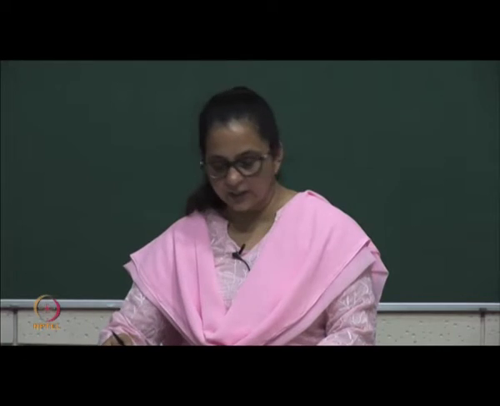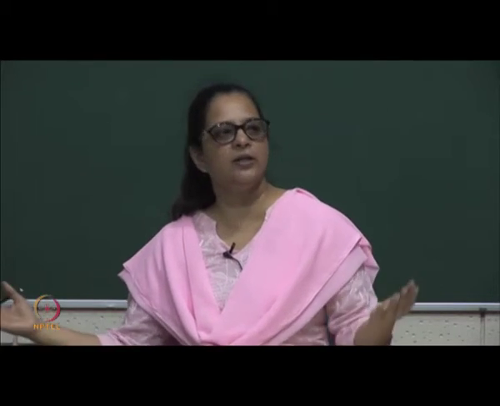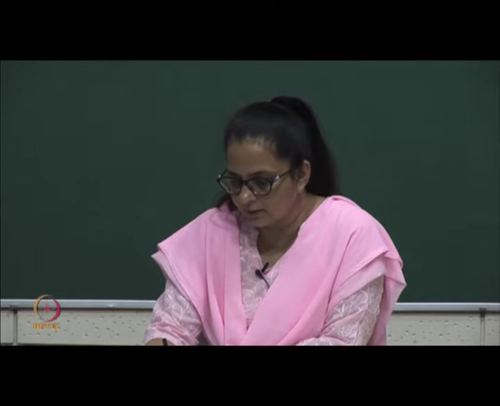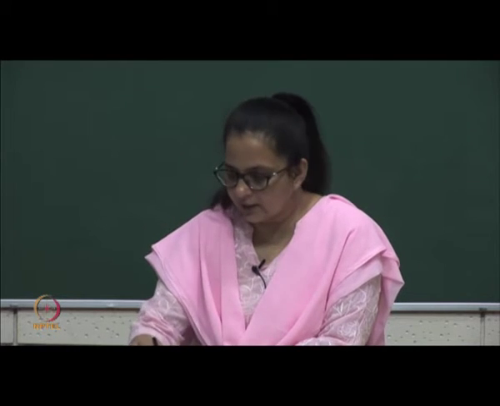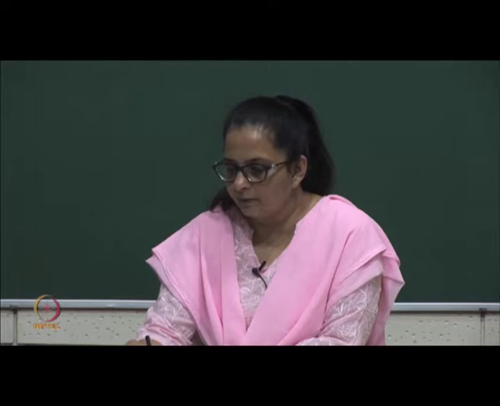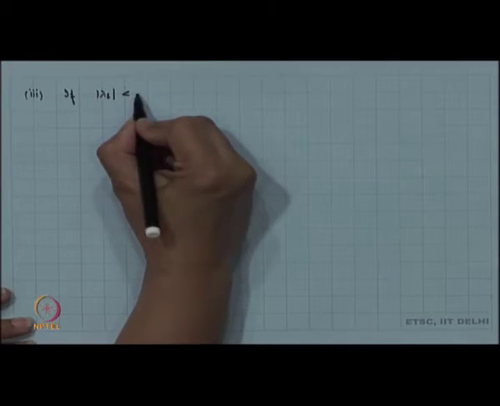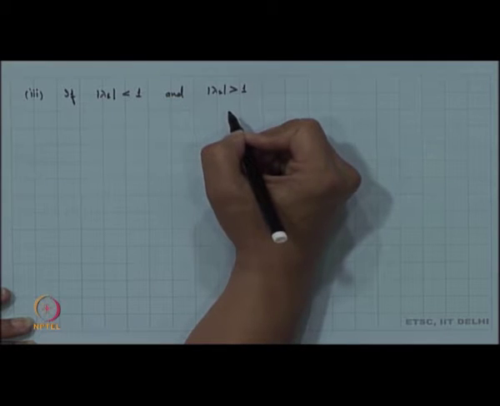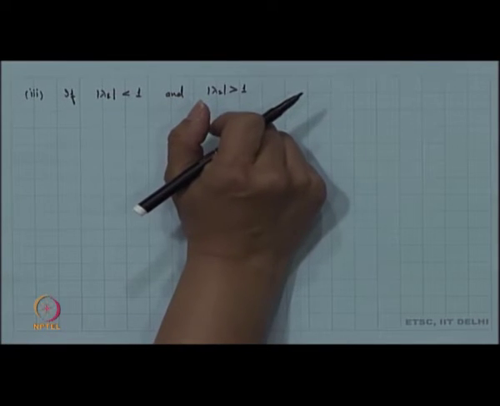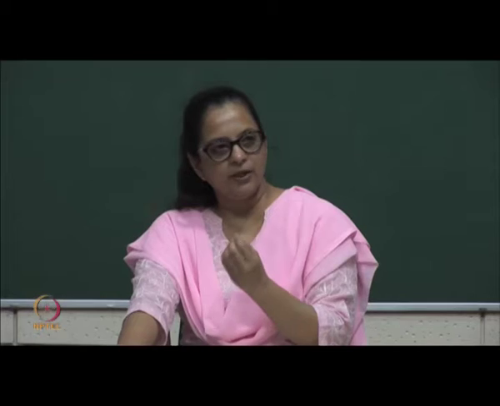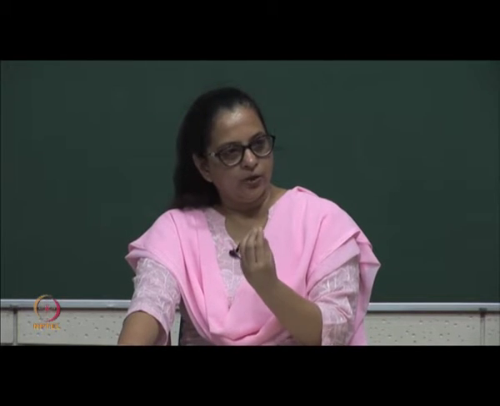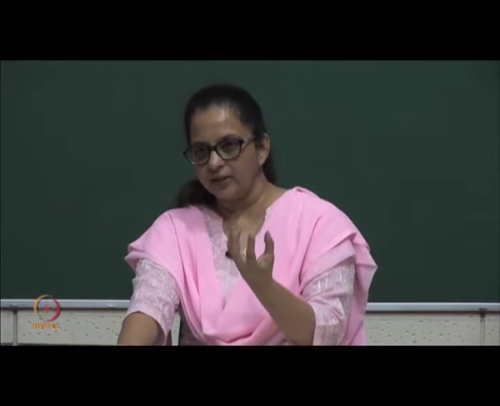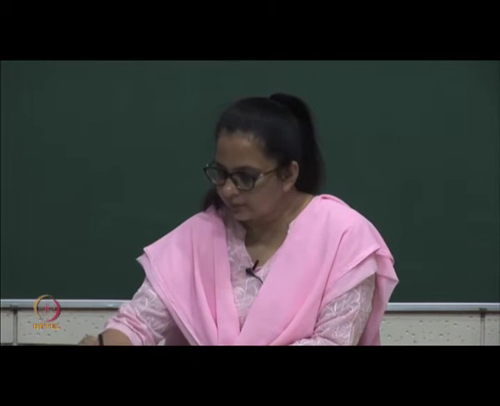Now, there is a third criterion here where one of them can be greater than 1 and one of them can be less than 1. So, we have a third sub case here, and that says that if my mod lambda 1 is less than 1 and mod lambda 2 is greater than 1, what happens in that case? It is being contracted in one direction and expanded in the other direction. So, your origin basically becomes a saddle. It is neither a sink nor a source, but it is a saddle. So, the origin is a saddle.